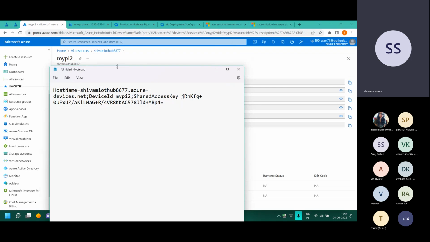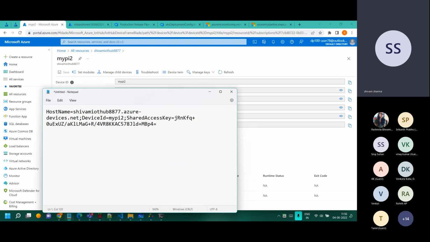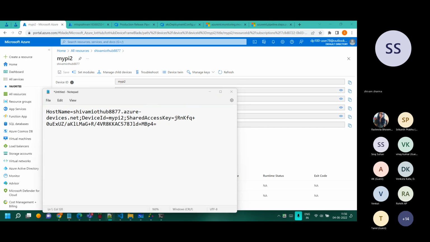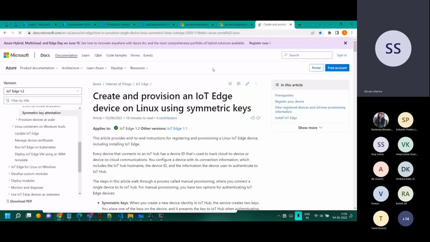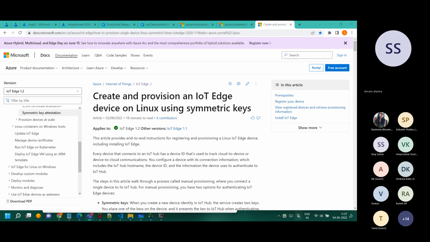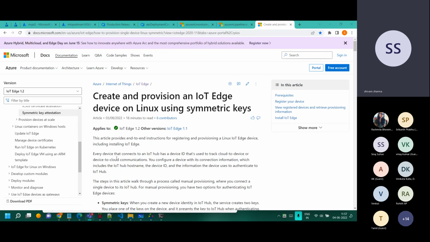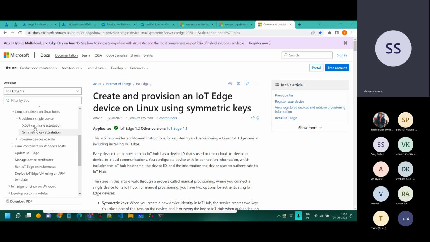Now we have to open the documentation of Microsoft. I had it open somewhere. I kept it open with me. Okay. This is the documentation of Microsoft to do this. And if you can see this, that is certificate-based.